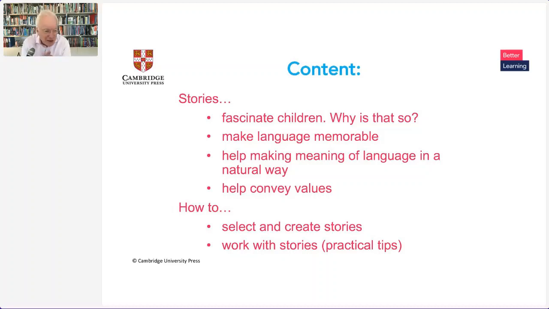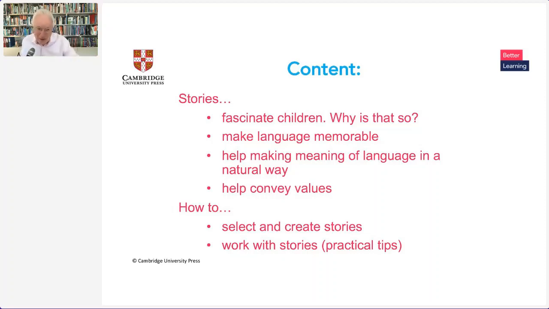We will look at the fact that stories make language memorable. Something that is very important: if you teach a group of students and you share your students' mother tongue, then the language classroom where you want them to talk English as much as possible is a little bit artificial, at least initially, because of course they could talk to you much more easily in their mother tongue.